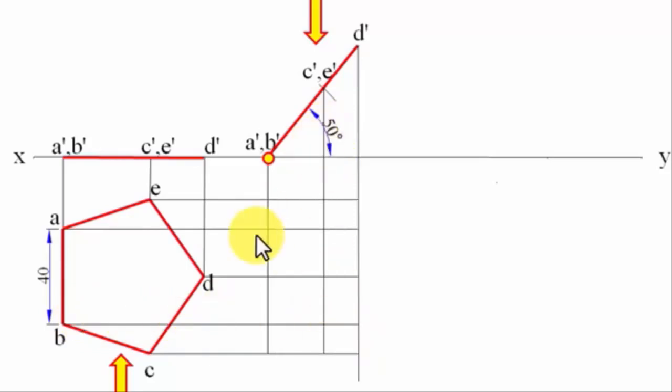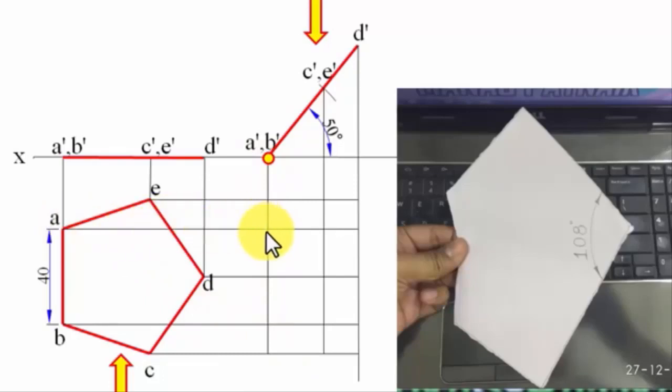They're going to be intersecting at different points, and this vertical is for A and B. So this is the horizontal for A. So this is going to be point A, this is going to be point B, and similarly the remaining points can be worked out very easily. All right, and after working them out, they should look something like this. And when you join all these points in proper sequence, you're going to have this pentagon.